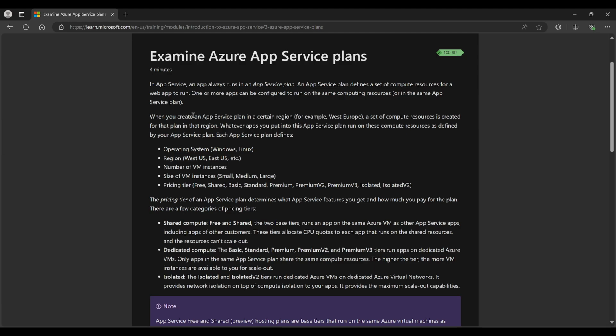Okay, shared compute. So the free and the shared pricing tiers basically place the app on the same Azure VM as other apps, so it's not dedicated. There are other app services also on that VM, not only our apps, but apps of other consumers also. Other customers might put their apps in the same pricing tier, and they will all be allocated the same